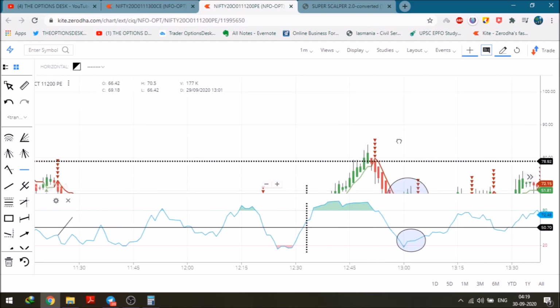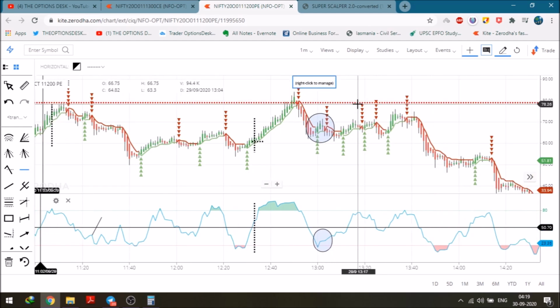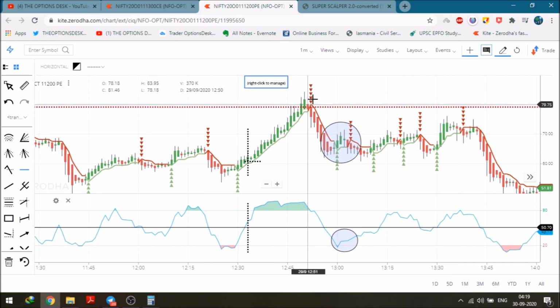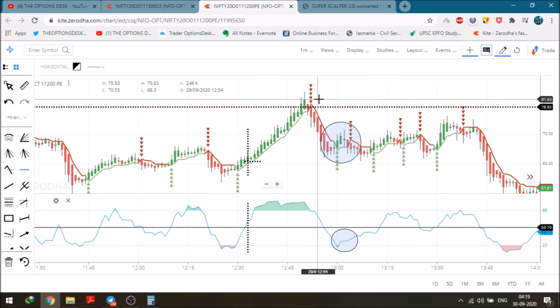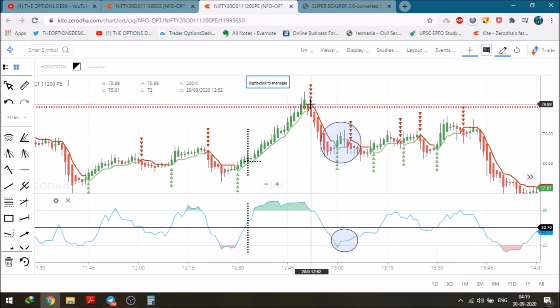Every possibility, all the knowledge that you have earned from these 5 to 7 years of trading. So it has retested and now it will jump on the upper end.